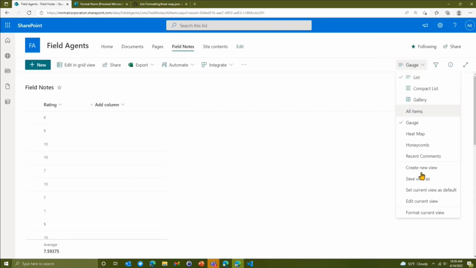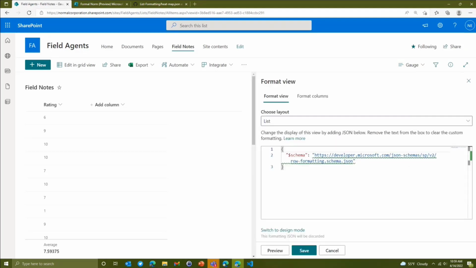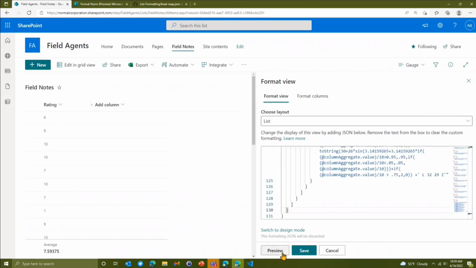All right, and then we're going to format the current view. And I'm going to take a format that is also on the site, but I've just got here for quickness. And let's just grab a footer format. So what we're trying to do is format just that little bottom part, right? So we're going to copy that, and paste that inside here. Booyah. There we go. So now we've taken a gauge. Again, this is a sample that's available to you, right? And now we've got a format here, which is pretty cool.